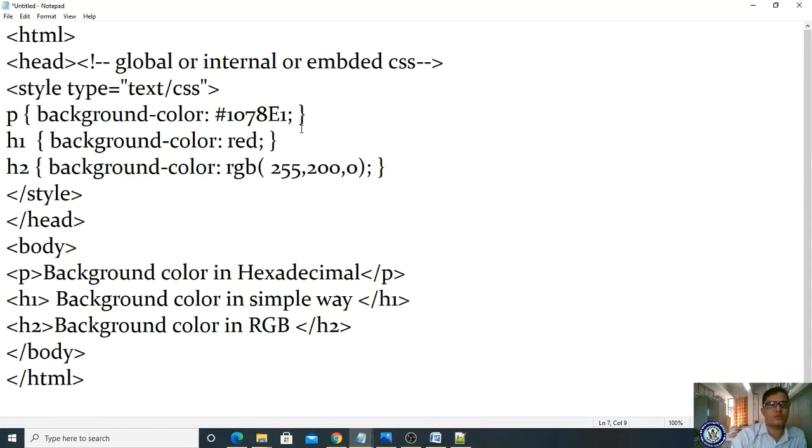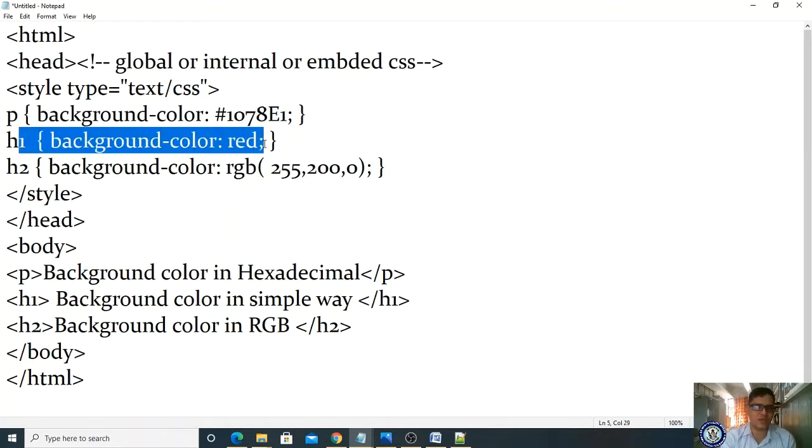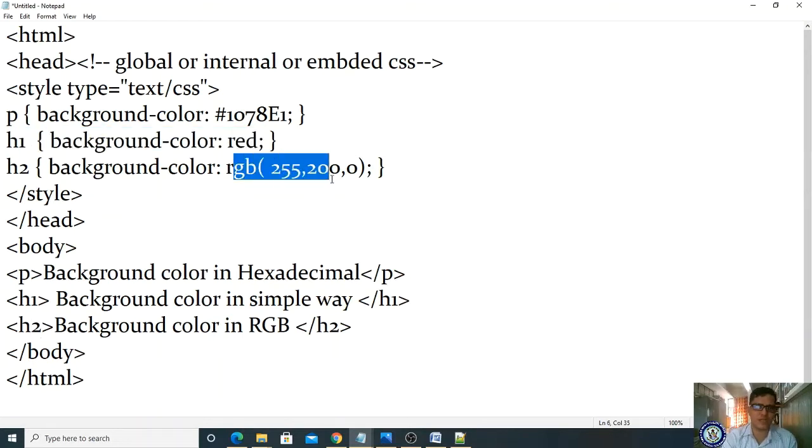So likewise you can give your background color either in the form of direct prescribed colors or RGB colors or hexadecimal coloring systems, right? So wherever the paragraph appears, it will take according to this color code. And wherever the h1 tag appears, it will take red color. Wherever the h2 tag appears, it will take according to the RGB. So here RGB, most of the colors are red green blue combinations only. But with these red green blue combinations we can view 2.5 million colors. Here we are giving the combination of red as 255, green as 200, and blue as 0. It will get one color.